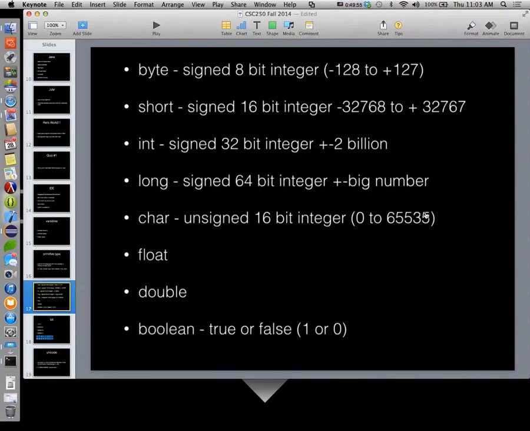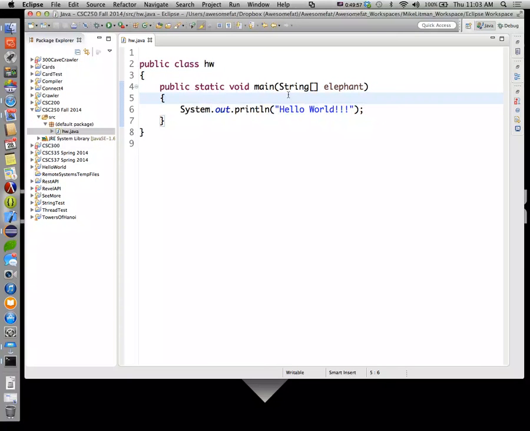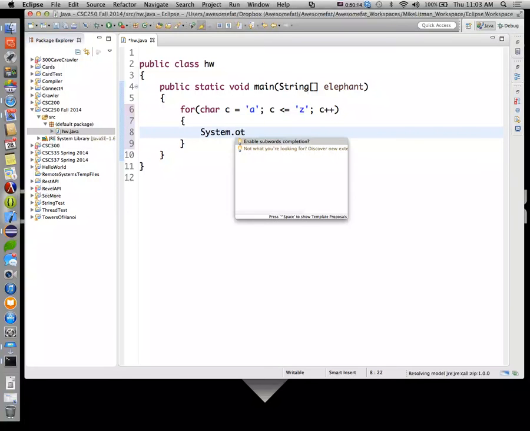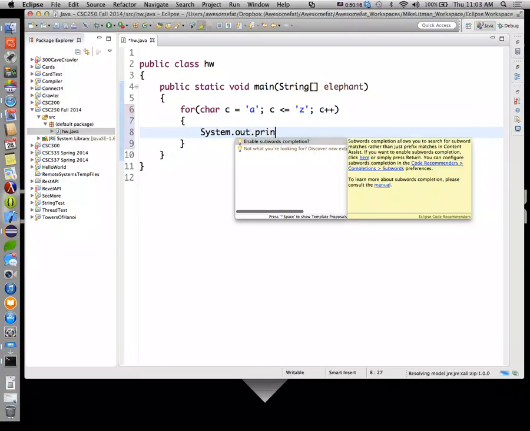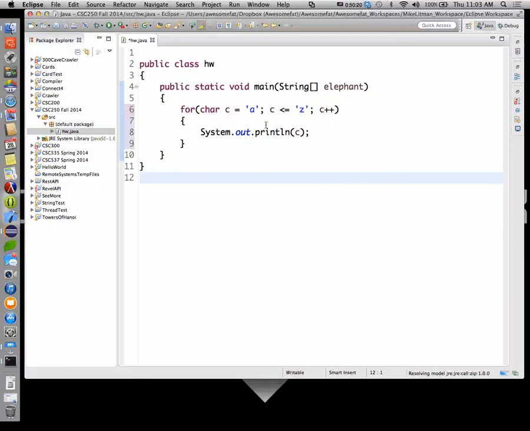Proof of that, here we'll come into Eclipse. I'll start writing this stuff in Eclipse for our proof. All right, so when I run this it's going to print out the whole alphabet, lowercase.